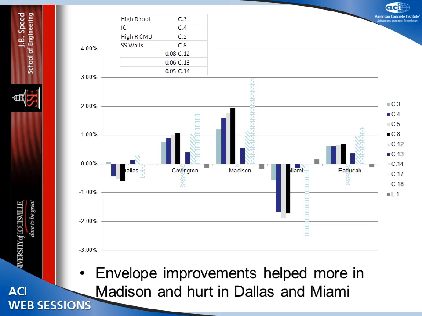And here's what we found. We found typically a similar result. Okay, Covington and Paducah define the range of performance for climates within Kentucky. We found that in the Dallas area, it's appropriate for here. We found similar results from that, although in some cases envelope improvements actually reduced the performance of the building, i.e.